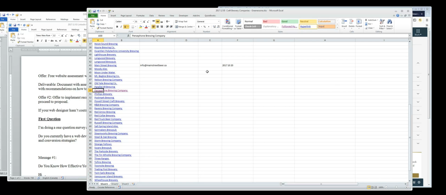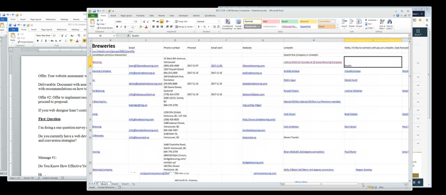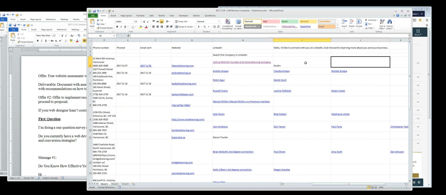company. What I do is I put the email address, the phone number, and then we put the name of the people that are in charge, so that when we do the follow-up calls, it's just all being run easily. I'm sure you can do this in HubSpot as well.